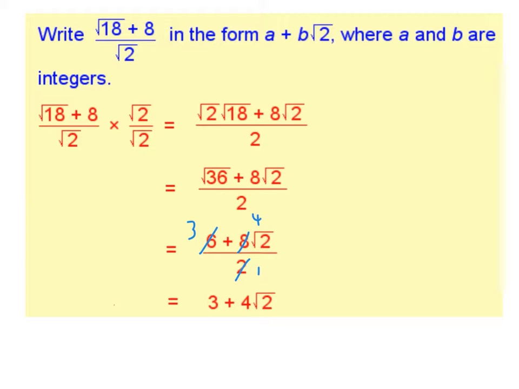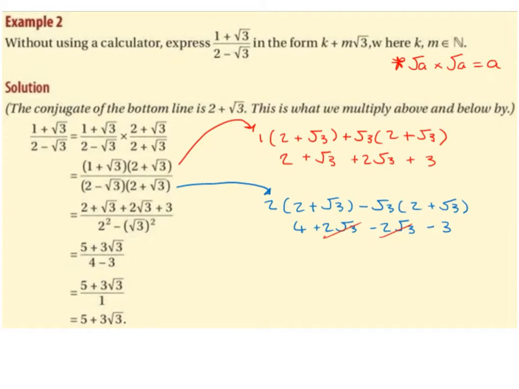So 3 and 4 are both integers. They are positive whole numbers. They could have been negative whole numbers if we wanted, because an integer is a positive or a negative whole number. Okay, so now we're going to have a look at an example where we want to rationalize the denominator,